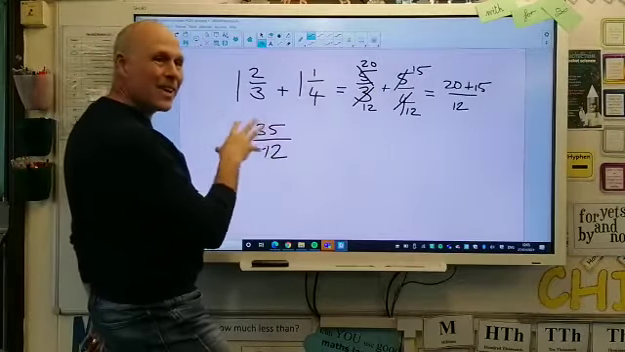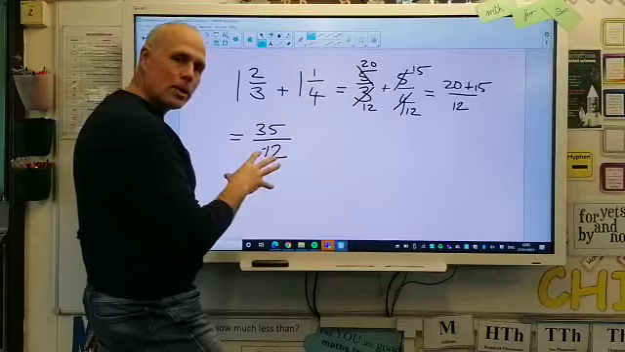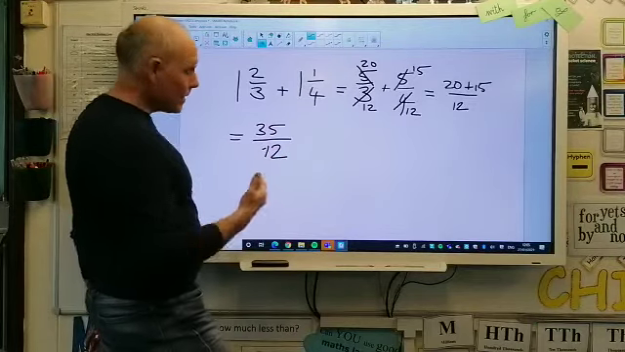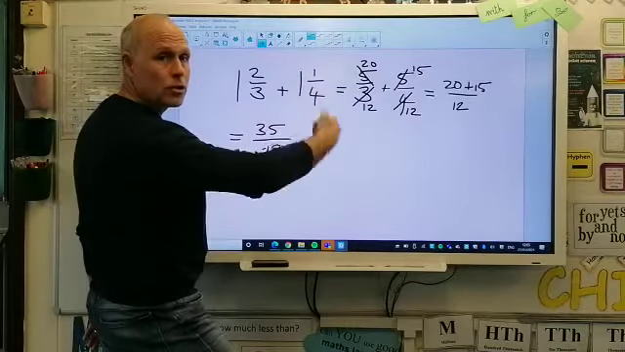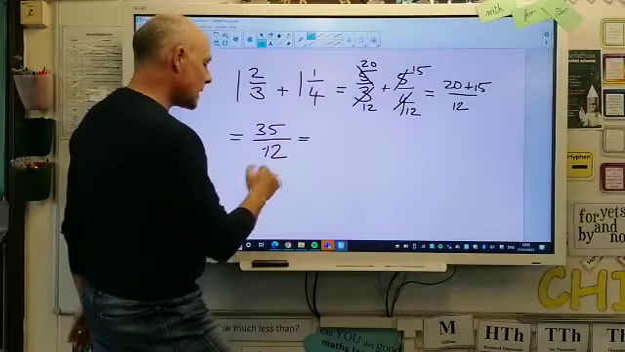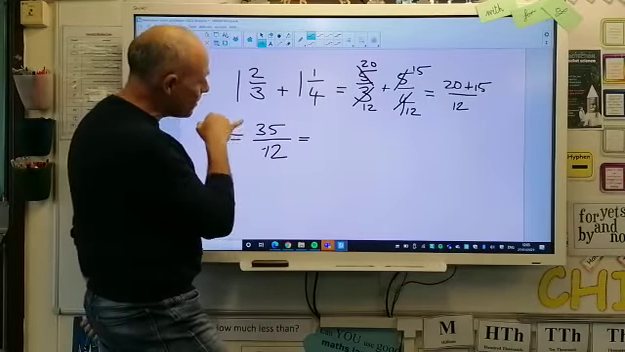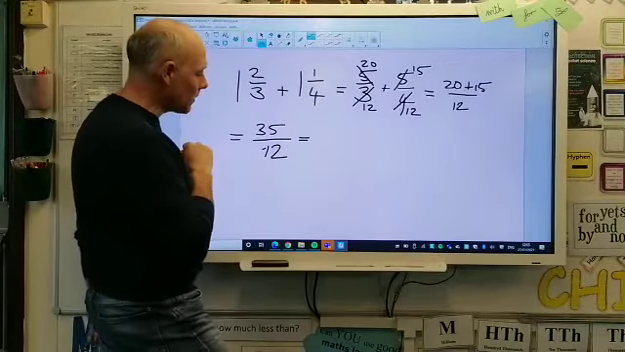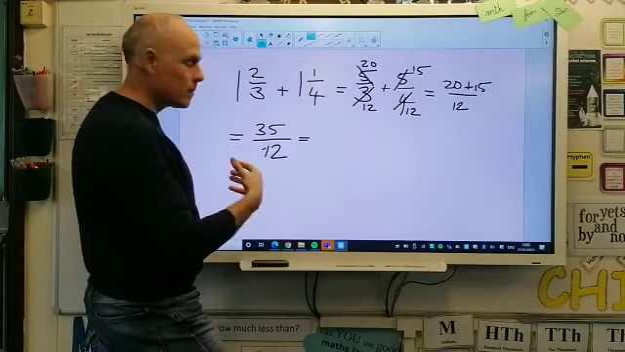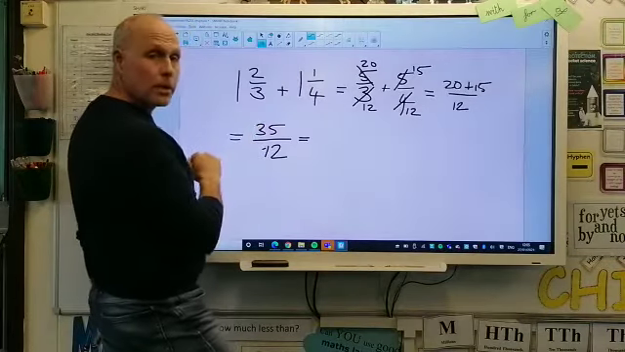If you get that far, brilliant, well done. If you want to take it further, because it's an improper fraction, we can turn it into mixed numbers. So how many lots of 12 twelfths can we get out of 35 twelfths? 12 twelfths make a whole. So 35 divided by 12,